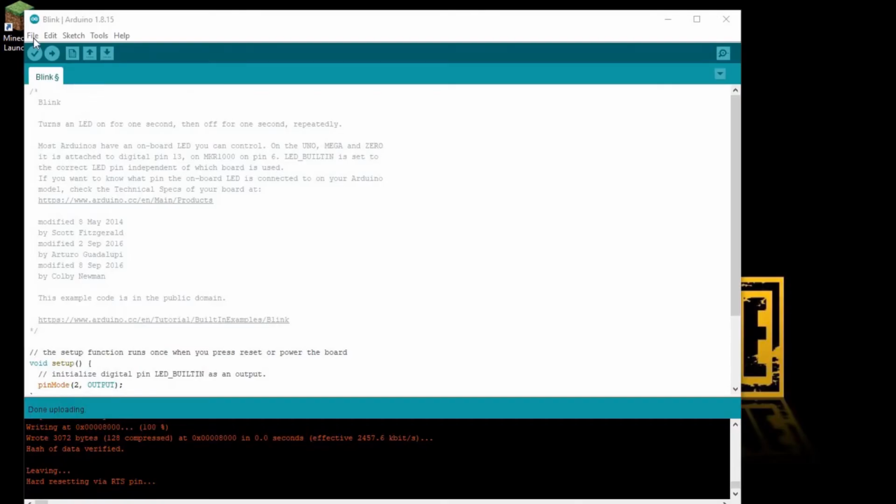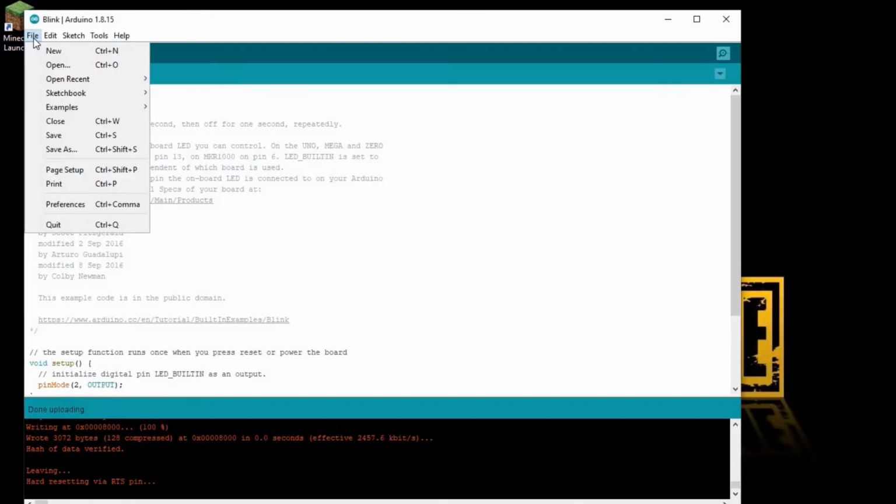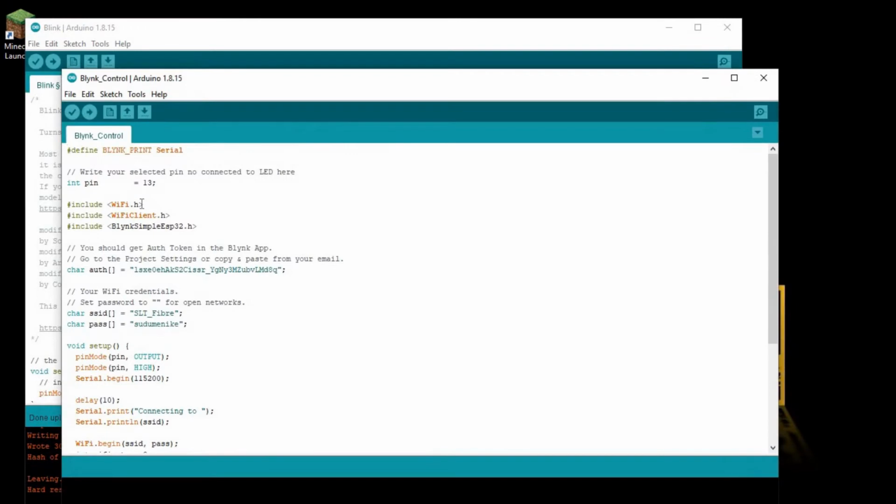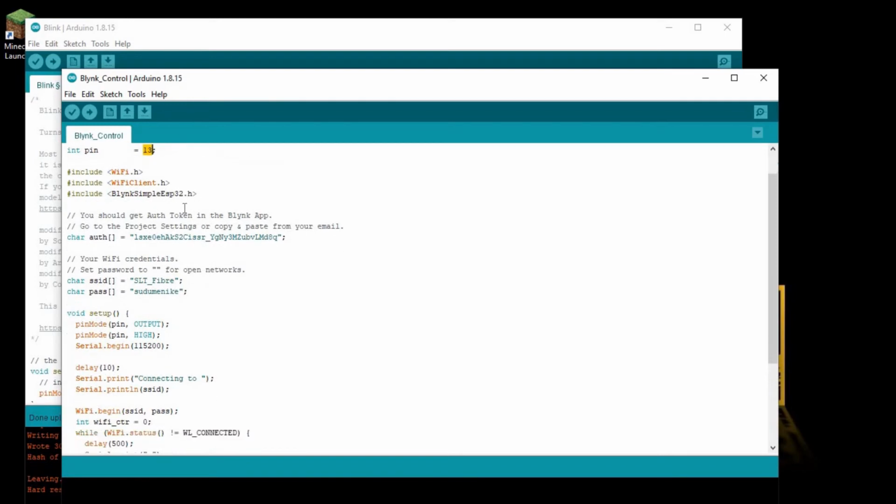Load your app and copy paste my code from the description area, which will be like this, and change this pin number if you have connected your LED to a different pin. Then you have to take this authentication code from your email and paste it here, or otherwise you can go to Blynk project settings and also get this authentication code typed in here.